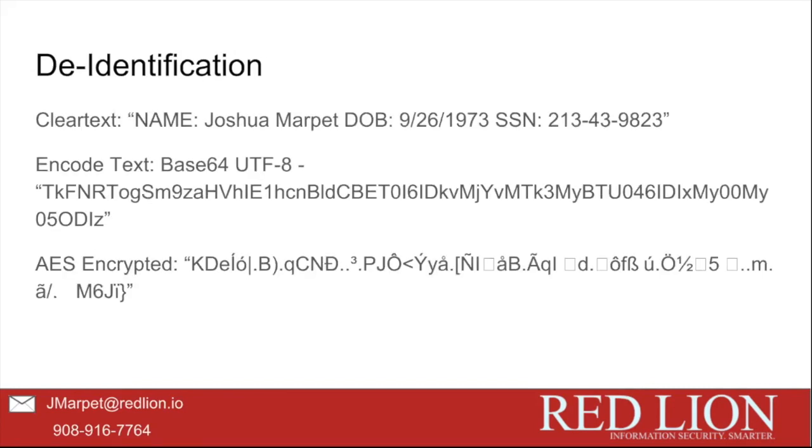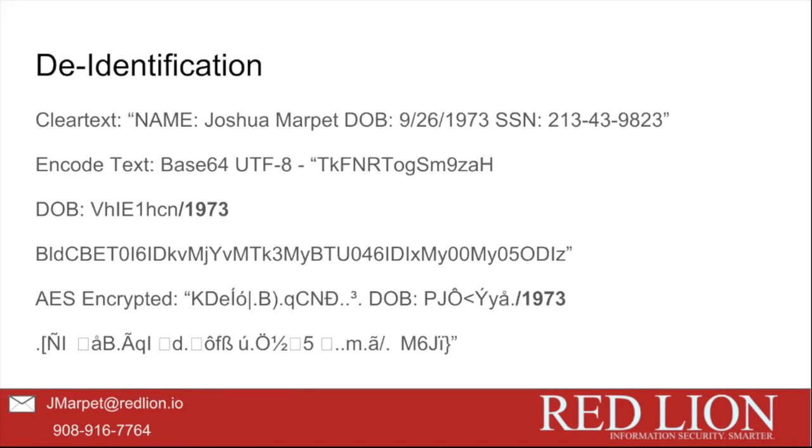This is the same slide as before. We've got clear text, encoded text, and AES encrypted text. Okay? Now let's do it differently. Can I encode it or encrypt it, but leave some text exposed? What if all I care about is the date of birth? What if all I care about is the year of birth? So I can not encrypt the year of birth and leave everything else encrypted or encoded or whatever for pseudonymization